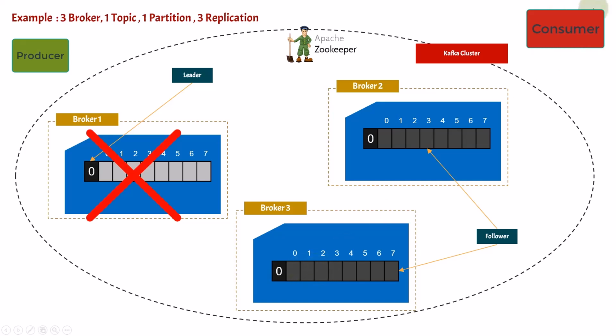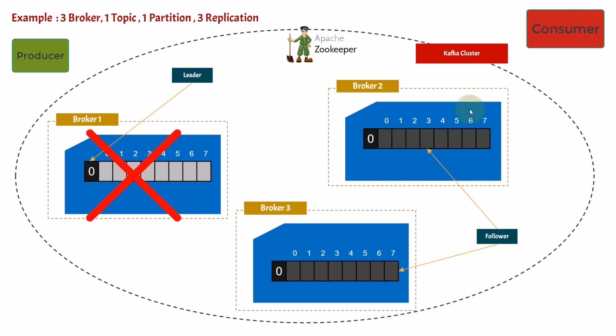Now the consumer will see that this has gone, but it still has data here. So it will start reading the data from either broker 2 or broker 3. You can see the magic. Even though one of the brokers is down, because we have given the replication factor, the data was present here. That's why the consumer didn't fail and the whole application didn't fail. That is the meaning of a fault tolerant system, and this is what replication means in Kafka.